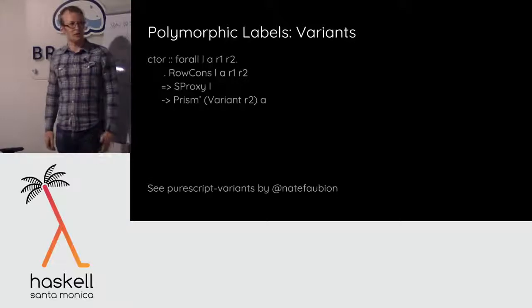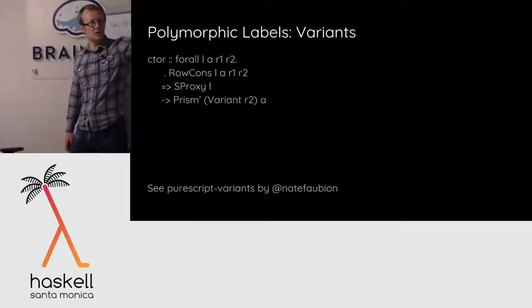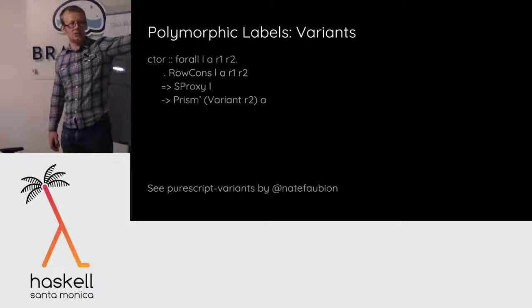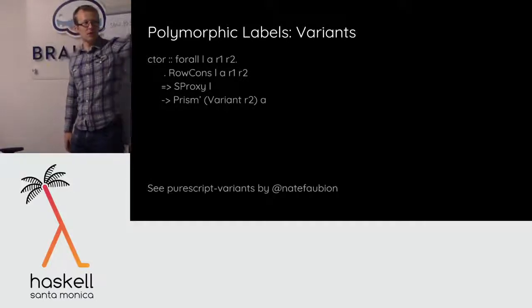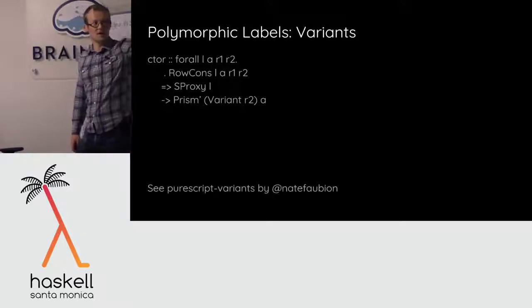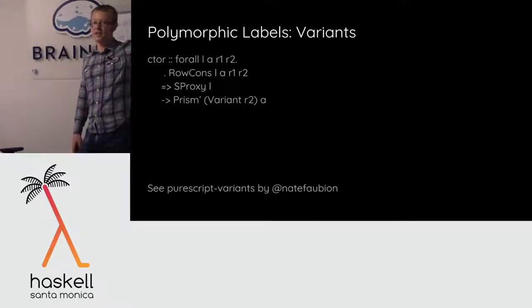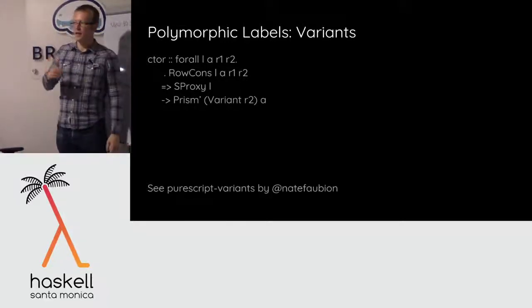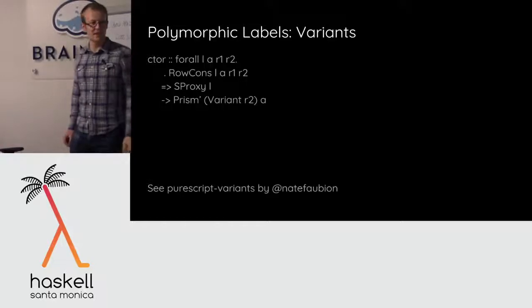We can just build those as a library in PureScript using exactly the same stuff, right? So instead of lenses, if I change this into a prism, this is now a function that can be implemented, right? If you want a prism that looks at a certain constructor, and you can give me a value level proxy for a type level string that's the name of that constructor, then I can build you that prism. Right? And this is implemented in Nathan's PureScript variants library.